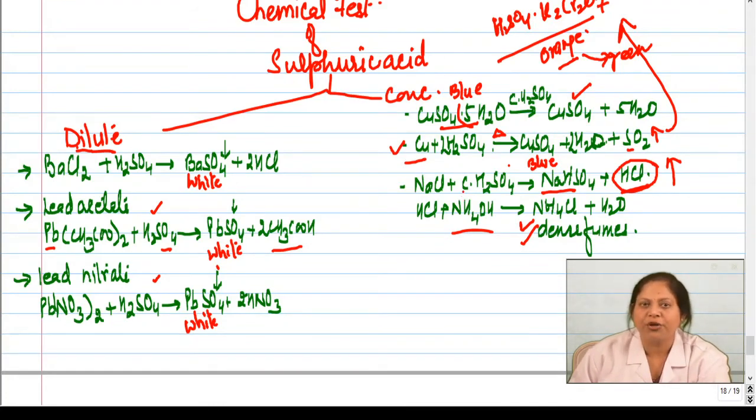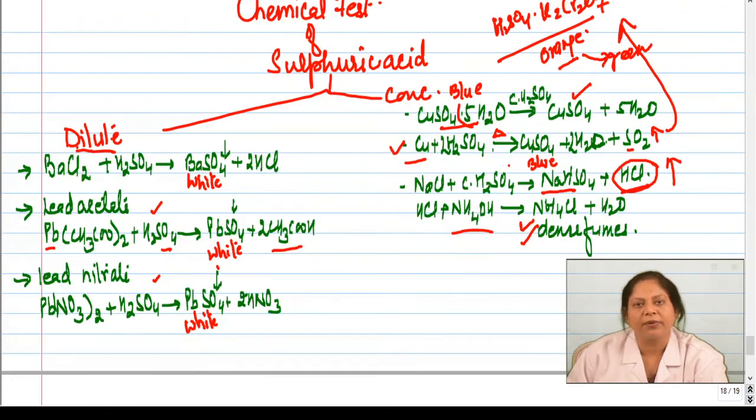Good. So all you have to remember is, to confirm sulfuric acid, just drop barium chloride or lead acetate or lead nitrate solution. You will get a white precipitate, confirming sulfuric acid. Then you have to confirm whether it is concentrated or not. Take the same concentrated sulfuric acid, put some copper filings, warm a little, and sulfur dioxide gas will come out. Bring paper dipped in acidified potassium dichromate near the mouth of the test tube. This sulfur dioxide has a burning sulfur like smell, and it will convert the paper from orange to green.